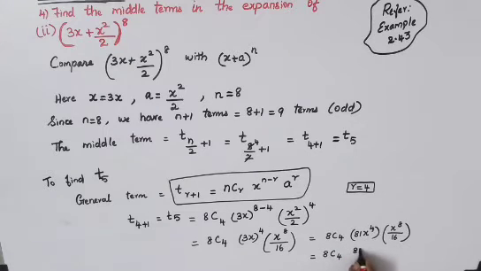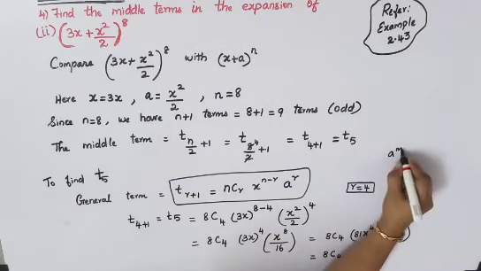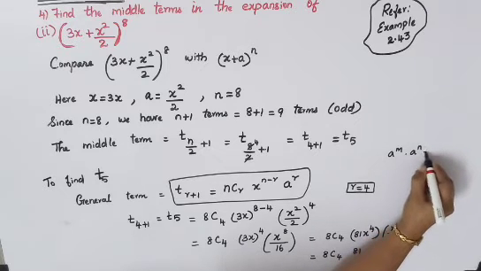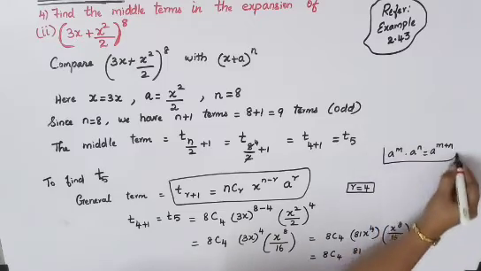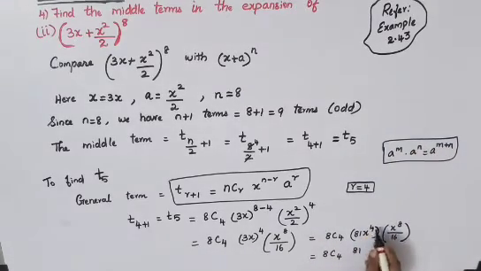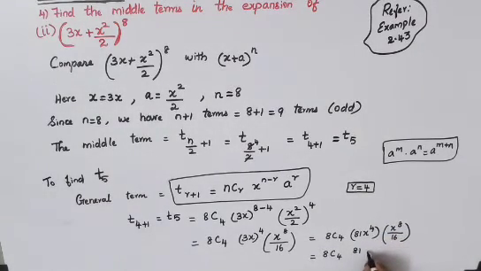Keep this 81 as it is. Now x power 4 into x power 8 is there. You all know this formula, that is a power m into a power n is equal to a power (m plus n). So you can use this formula. We have got x power 4 and x power 8, so you will get x power (4 plus 8). That will become x power 12 divided by the 16 as it is. So this is your book answer. So you can leave it as it is. So this is the answer for your fourth question, second subdivision.